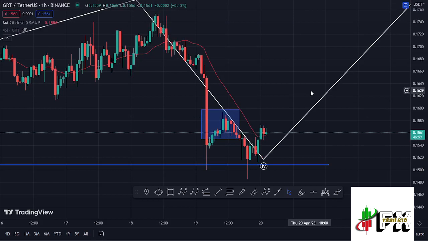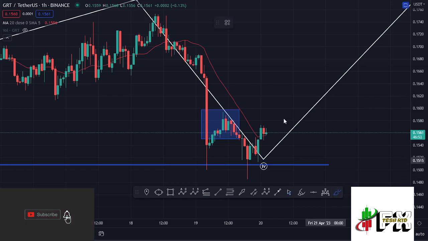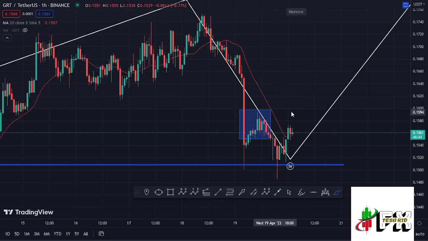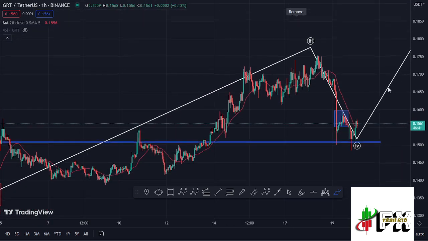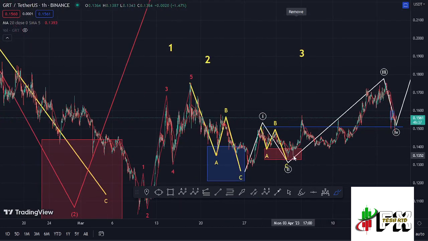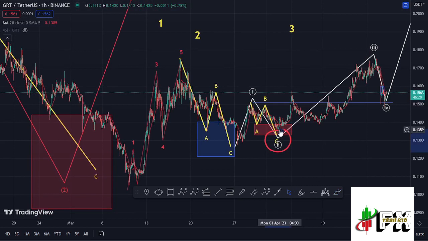Welcome back to Teshkid FX for another GRT price prediction update, which at the time of this recording is holding above the 20-day MA here on the 1 hour chart, which is now acting as support for us to continue gearing up. We have also continued to obey the Elliot wave structures, where we had been seeing a bit of a breakdown to the lower side in the formation of this wave 2 right here, in a move that has now fully maximized our minimum target area in the formation of this wave 2,